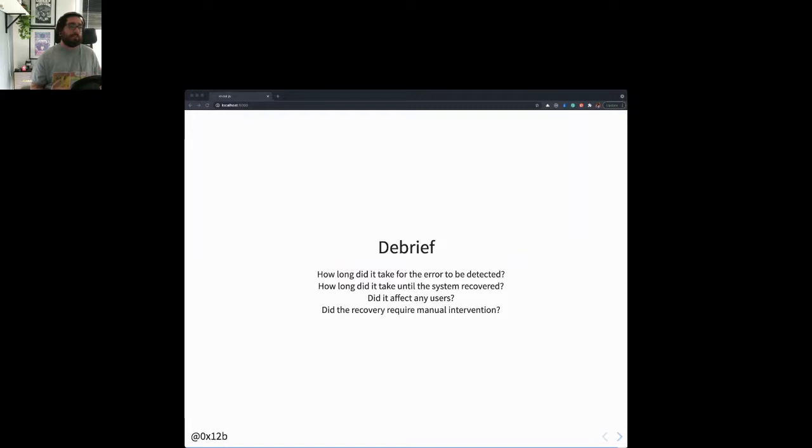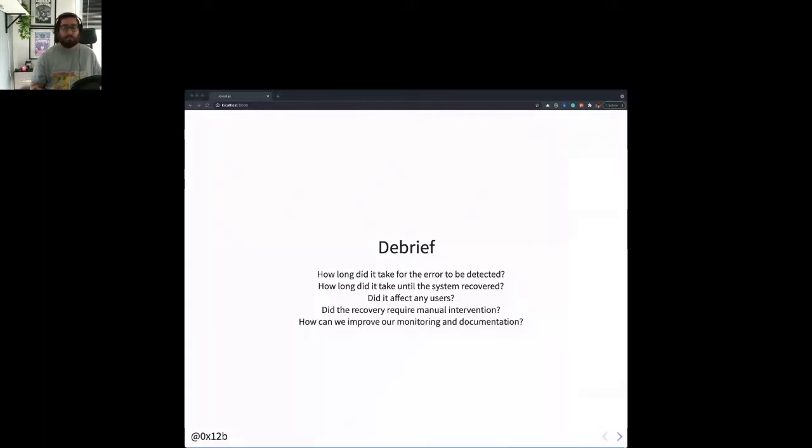Did the recovery require any manual intervention? If so, we need to document exactly what that was, when, and why. And before running the experiment again, we should really make sure that we eliminate these steps and investigate whether we actually need to do them, or what we can do to make them go away. And if we can't do that, we need to at least make sure they're well documented and available to the on-call team.